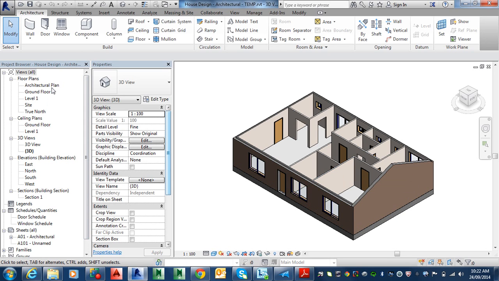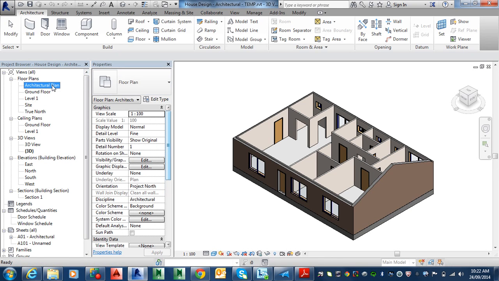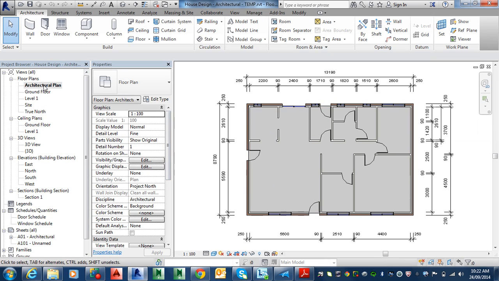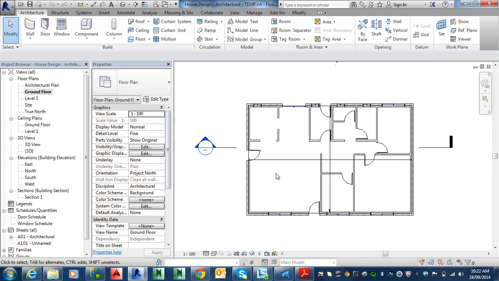So what we need to do is, now we need to draw these things in the temporary drawing. So how are we going to do that? We can do that. The problem is if I go to architectural plan, as you can see here, we're in the ground floor plan, we can't see the footings, although they're there, we can't see them. We can only see them in 3D. So the easiest way is to actually create, make a structural plan within this